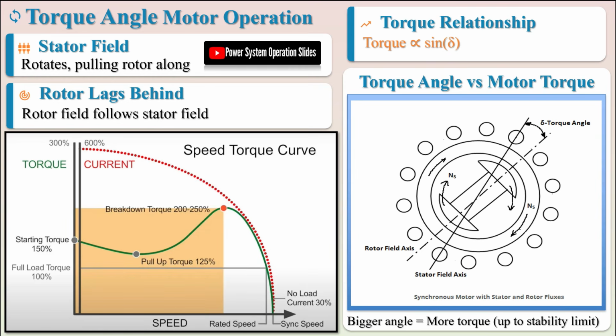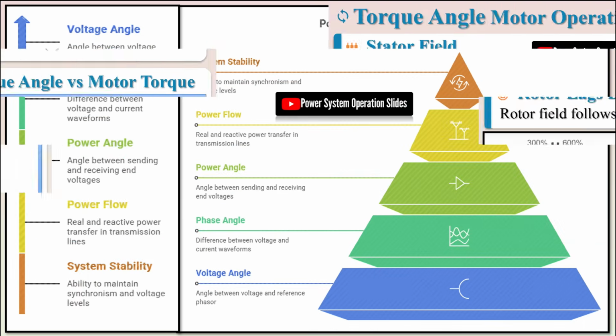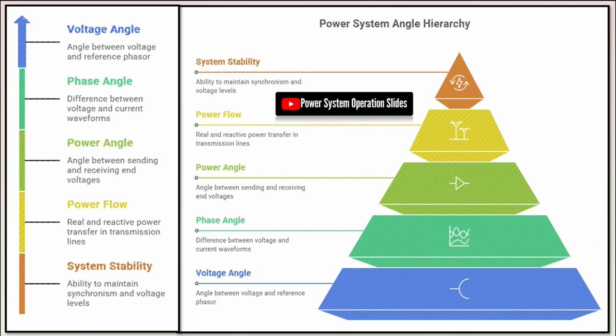Furthermore, assuming voltage magnitudes remain reasonably stable, the amount of active power transferred between two adjacent nodes is proportional to the sine of the power angle between them. This relationship means that power flow can be controlled by managing these angular differences, which is fundamental to the operation